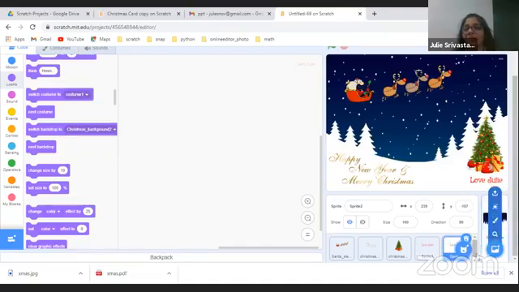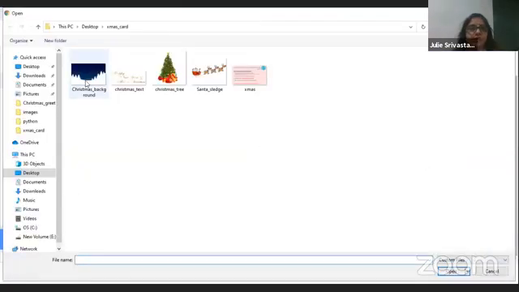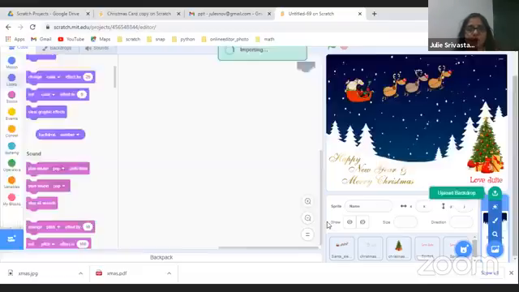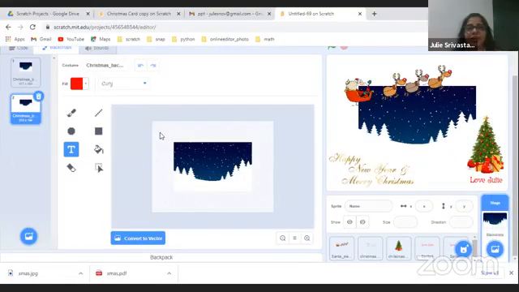Yeah, so we're starting with the backdrop first. On the extreme right, we have choose a backdrop where we have 4 options in the backdrop. The topmost option is upload backdrop. Once you go to upload backdrop, you select the backdrop. The backdrop name is Christmas backdrop. You get a window like that.